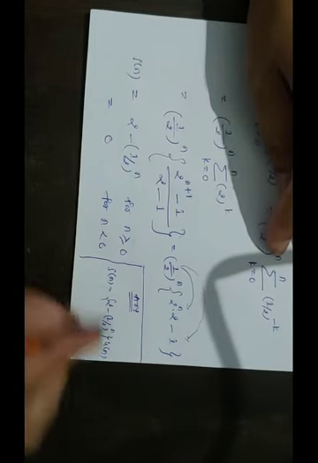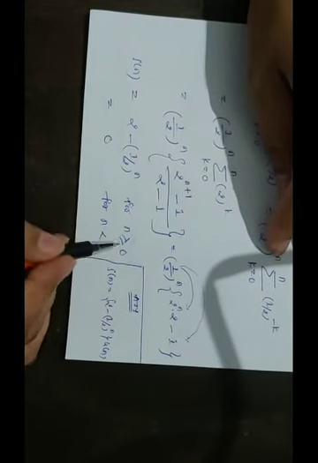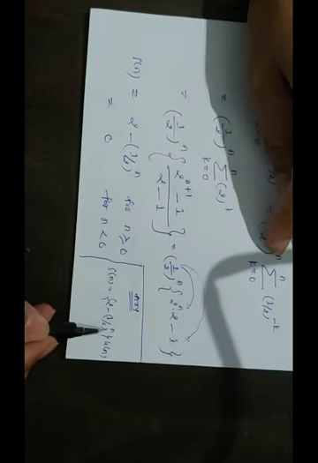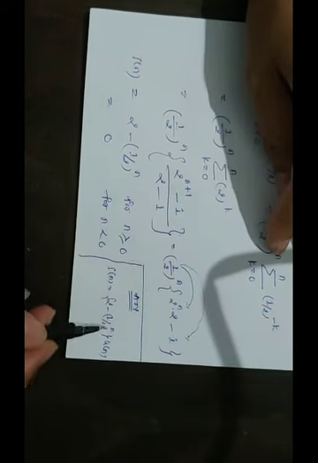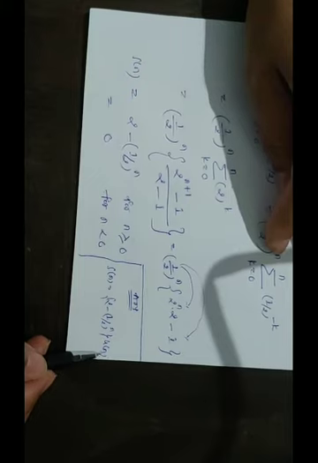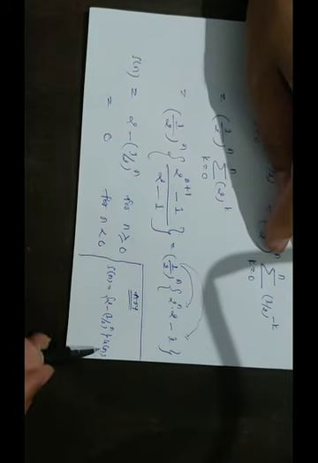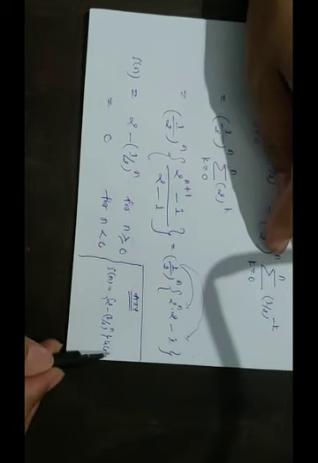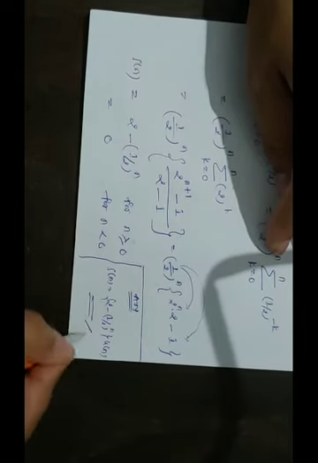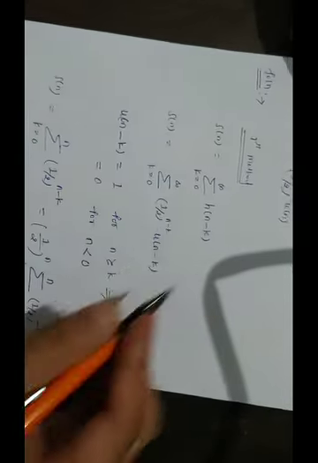Because this will define the range, only for n greater than or equal to 0 does u of n exist. At that time this value exists. Otherwise, for the less than 0 condition, this will become 0, so the multiplication of this with this gives you 0. So my answer is, you can write this one or this one. I have shown you by using this formula.